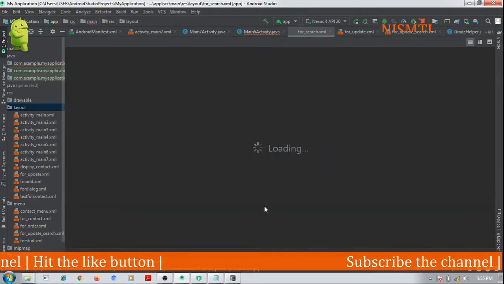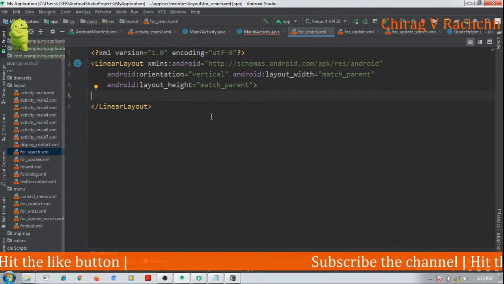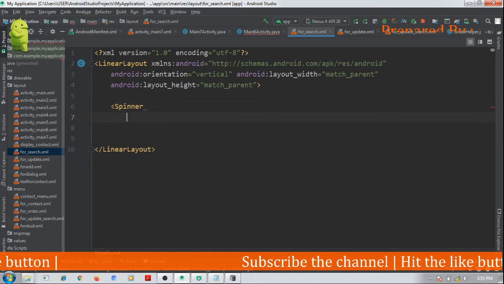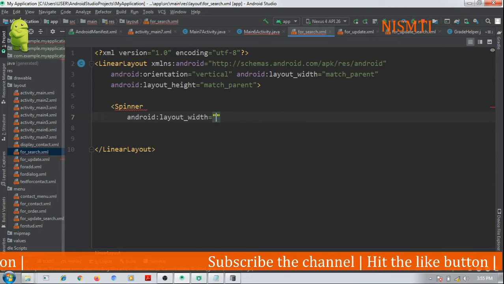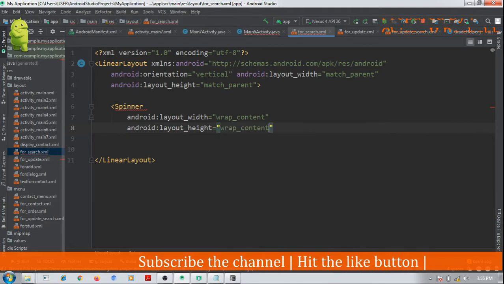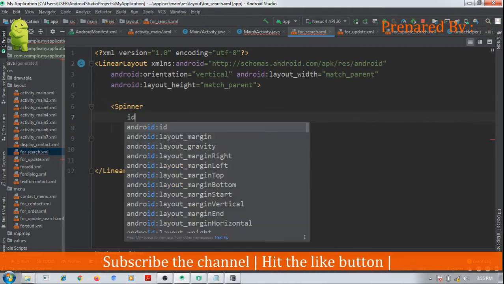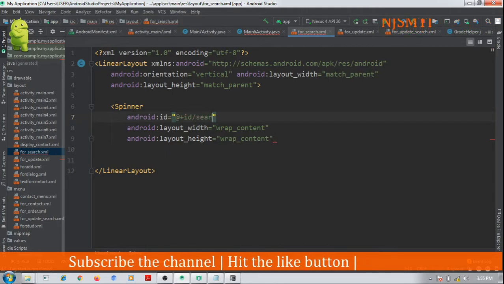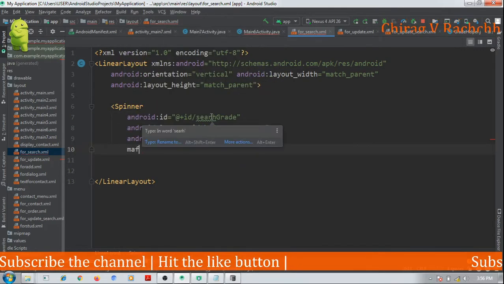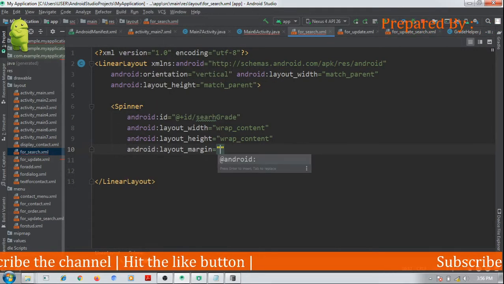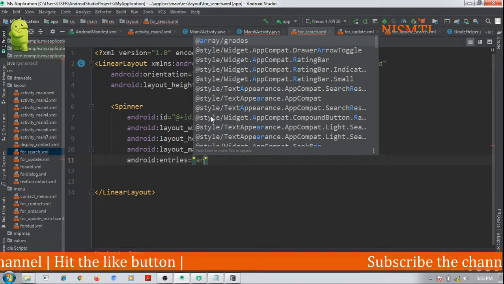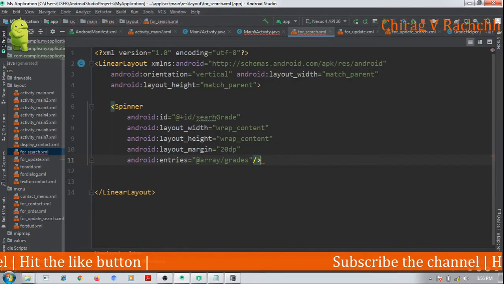Now in this layout we will put one spinner, and the required attributes of this spinner would be set as wrap content, ID will be search grade, and margin we would set as 20 dp, and entries should be grades.